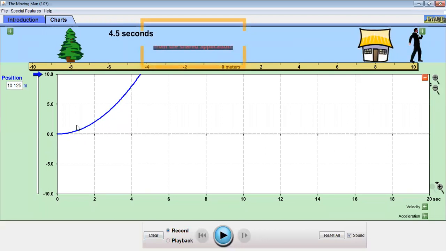Clear, class? I hope your idea is very clear now. We have seen what a straight line indicates, then a curved line, then multiple velocities and different slopes of the line. Okay. Now we'll start our discussion with a new graph. The next topic we are going to discuss today is our velocity versus time graph.